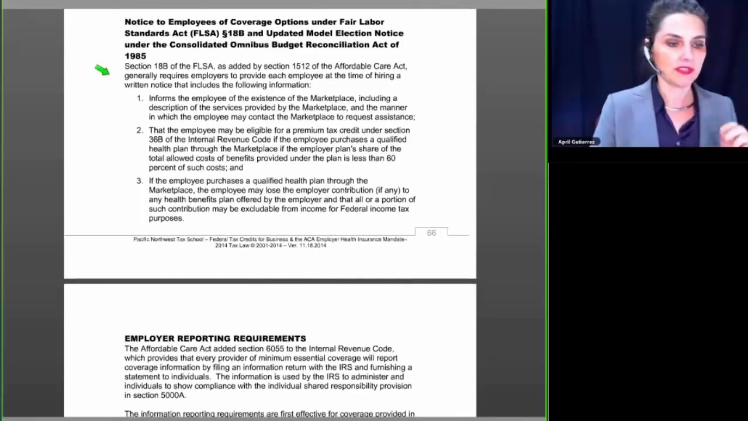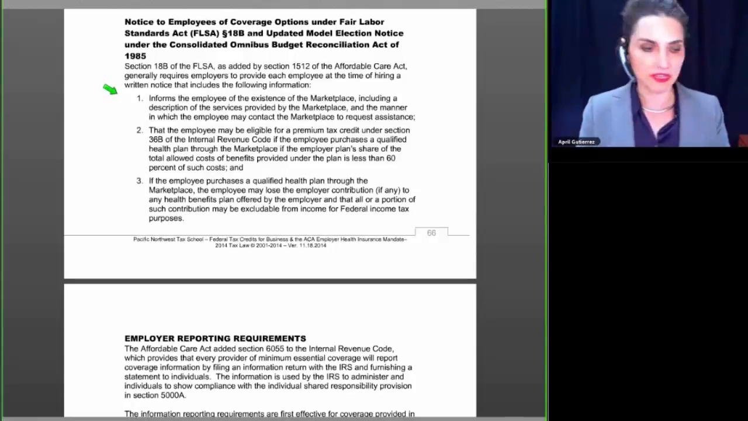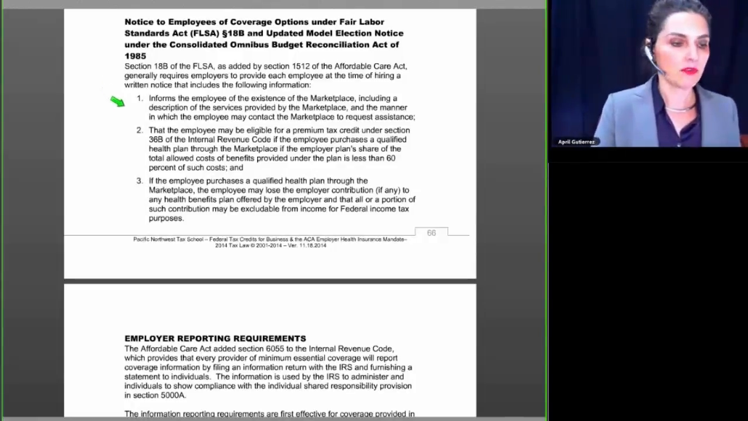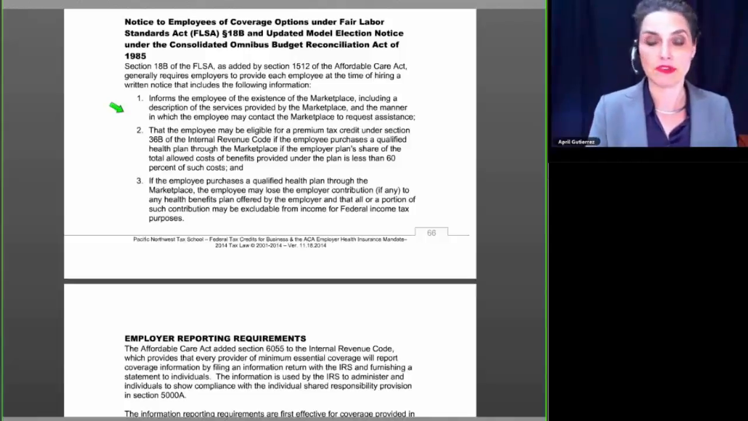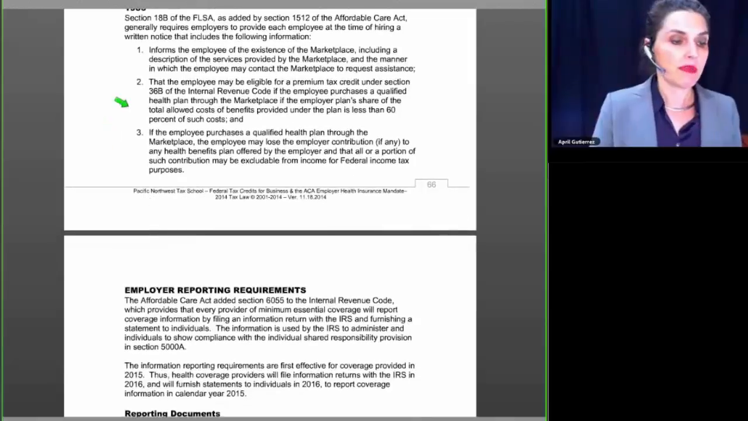It generally requires the employers to provide each employee at the time of hiring a written notice that includes the following information. Firstly, it informs the employee of the existence of the marketplace. That place I just took you, the employer has to tell the employee that that marketplace is there. It can't keep it a secret and hope the employee doesn't figure it out. Also, that description must include a description of the services that are provided on the marketplace and the manner in which the employee may contact the marketplace to request assistance, basically a phone number or the website for the marketplace, and that the employee may be eligible for a premium tax credit under Section 36B of the Internal Revenue Code